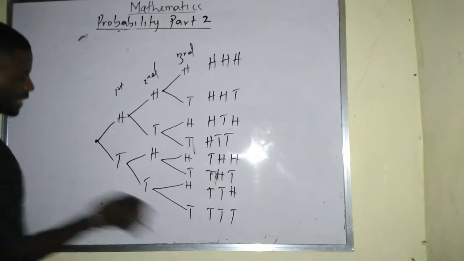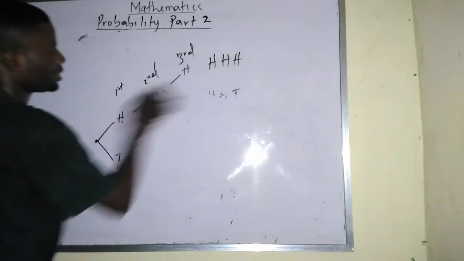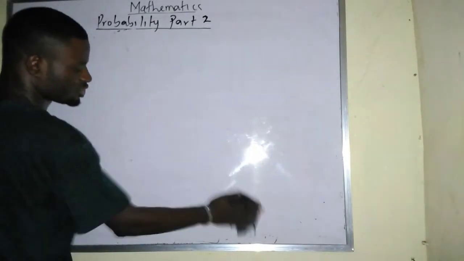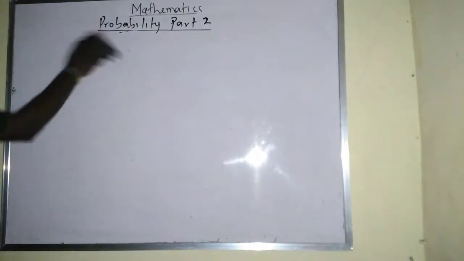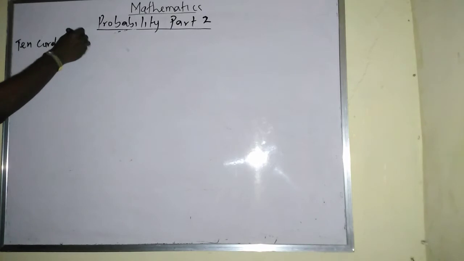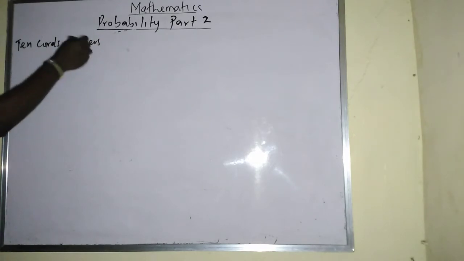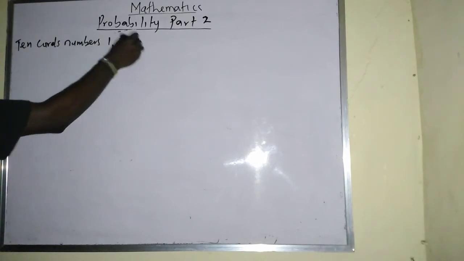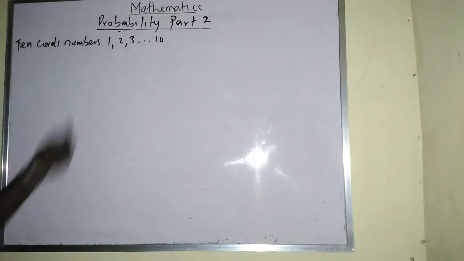Let me quickly use one example to explain the tree diagram. It's very, very simple. It's not very logical. For instance, if I had 10 cards, numbers 1, 2, 3 to 10,